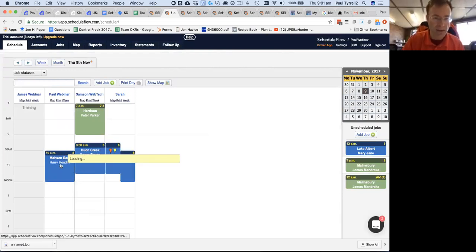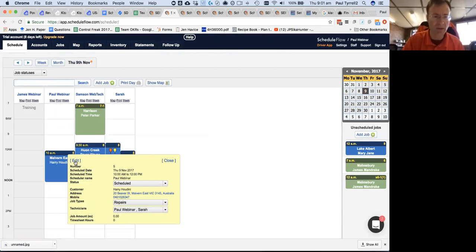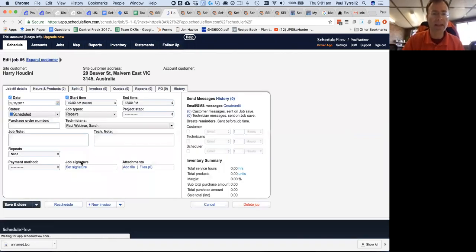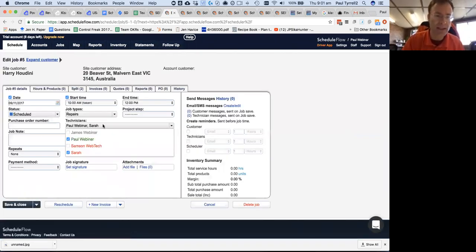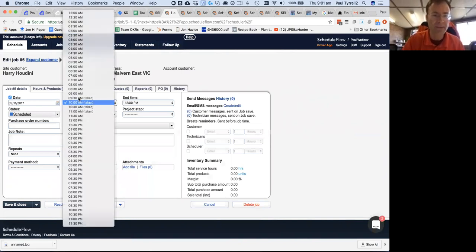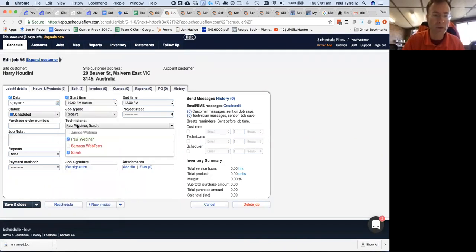Now let me just go grab a simple scheduled job. It's simple, but it's also a bit clever. I've scheduled a simple job, and I can see if it's taken by someone else here, because it'll come up taken when I schedule it. If I hover over my technicians, I've set up the skill types for my technicians in settings. If I go to one of those staff members, this job here is a repair job type, and if I look at these staff, I can see that